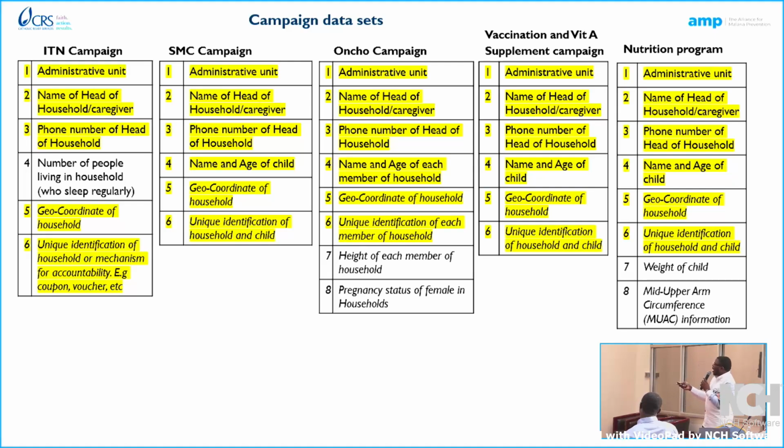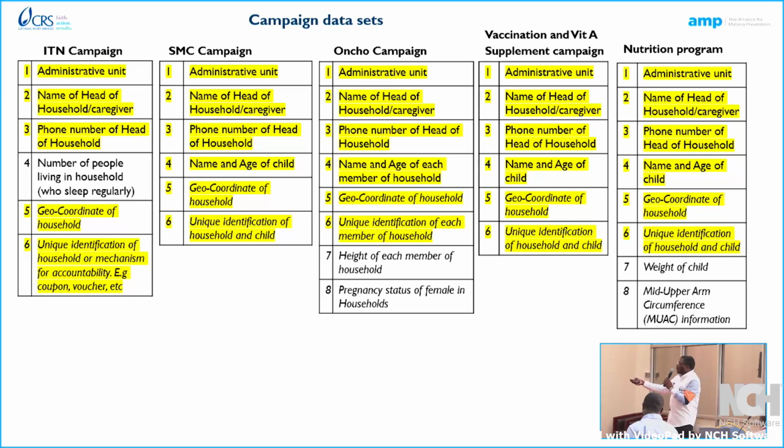Now, in the case of the ITN campaign, if I receive the name and the age of everybody in the household, this means that I have also received the same information that I can utilize to do an SMC campaign. So I can easily reuse the ITN campaign to implement my SMC campaign by just changing what?